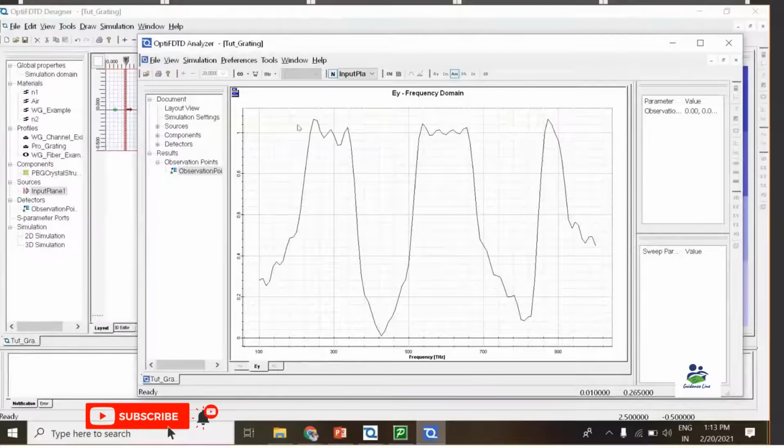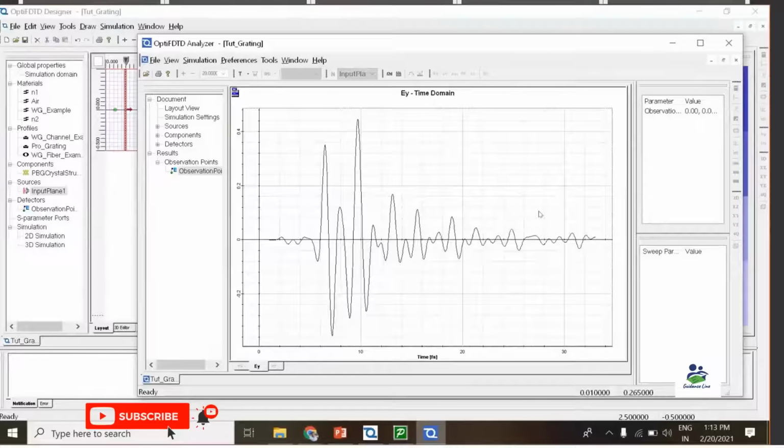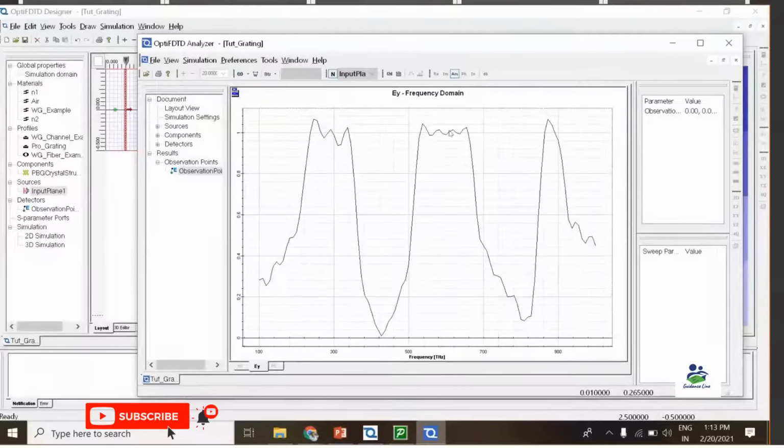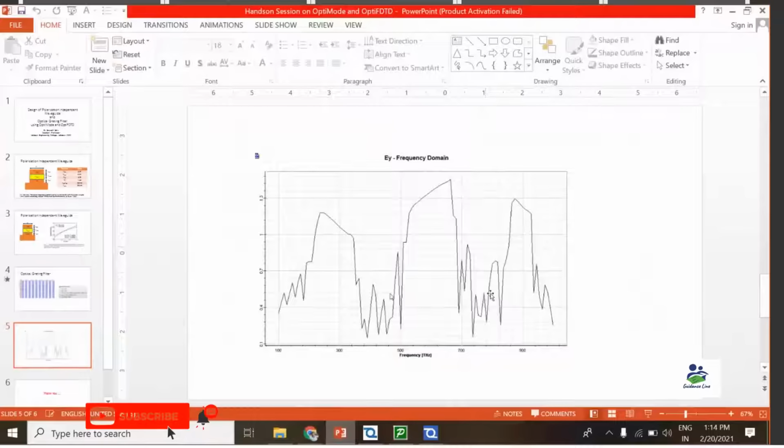But again the reflectance is of a fluctuating nature, and we have already seen that in the time domain we did not select a time period in such a way that the complete electric field would decay. So we have to run the simulation again in such a way that we avoid this problem, or we get a smoother curve, as represented over here.